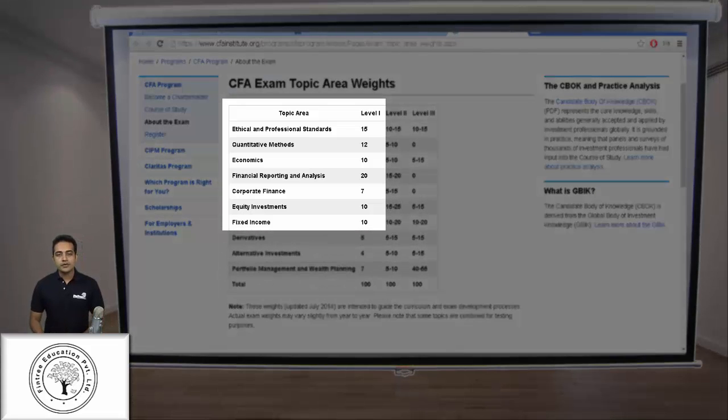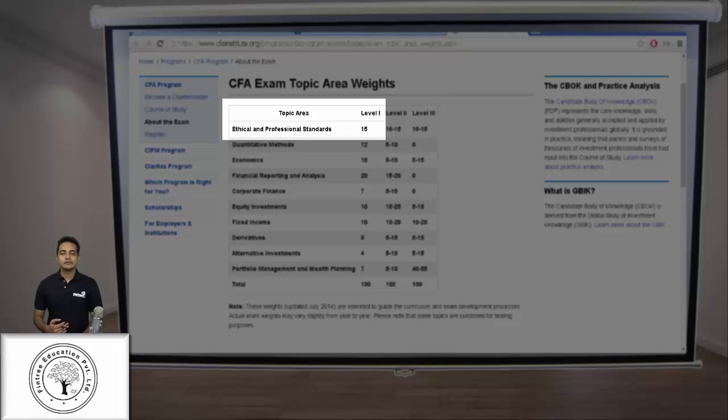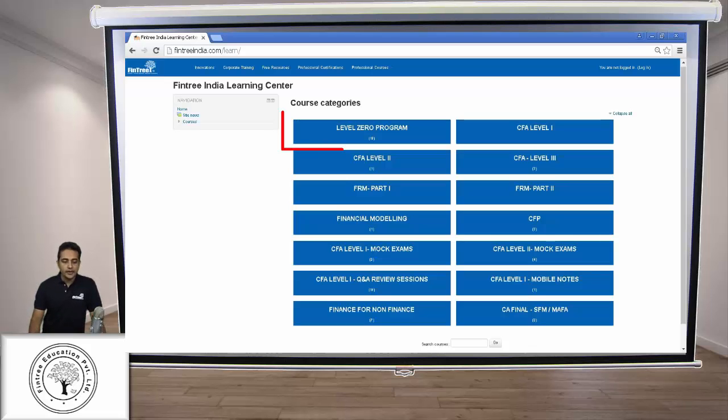Most of the people who start with ethics, their feedback is that they find the stuff too boring, and people who start with quant find the stuff a little challenging, especially when you hit the probability related topics. So the way I think the syllabus should be approached is, step number one, you should start with the level